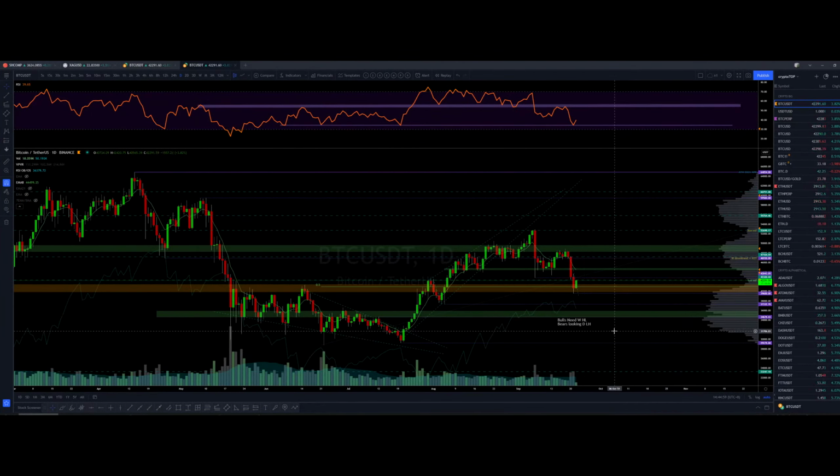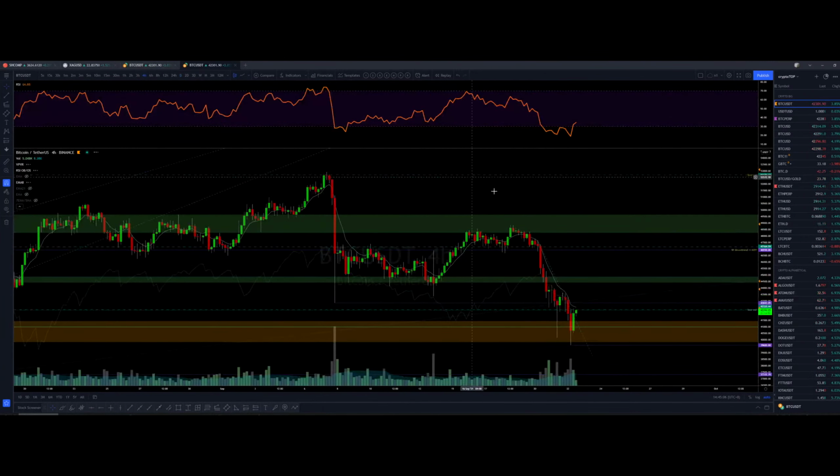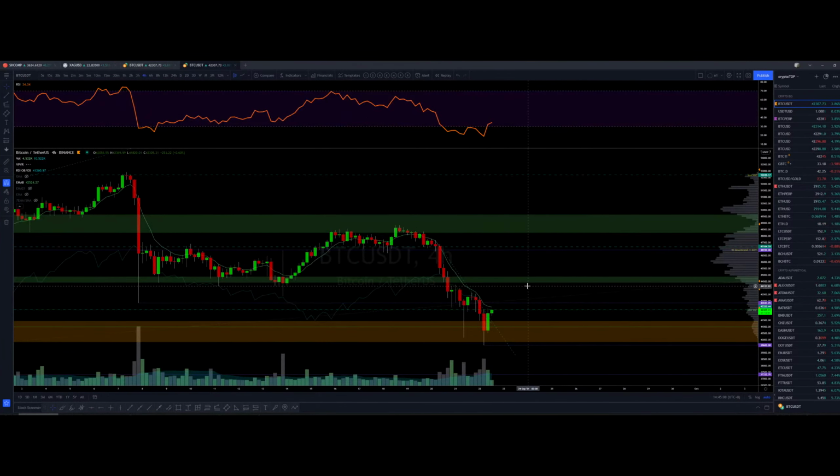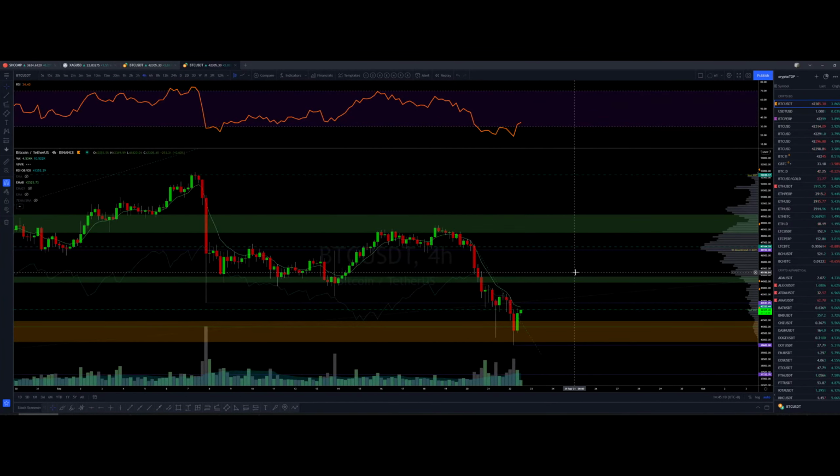You can play the bounce. You could have played the bounce over here, right? When I tried to play the bounce, I actually got smashed, which was pretty terrible. So I'm very protective now. I'm very protective.